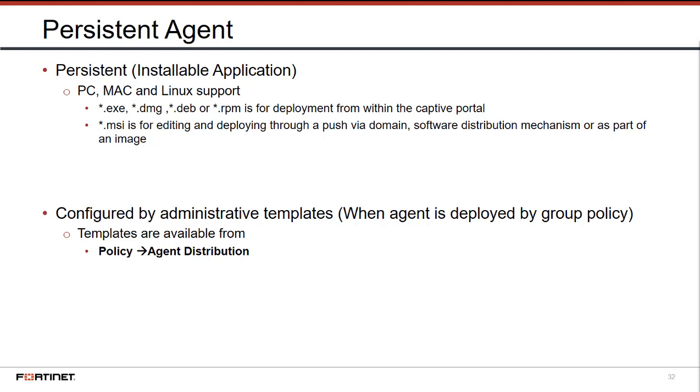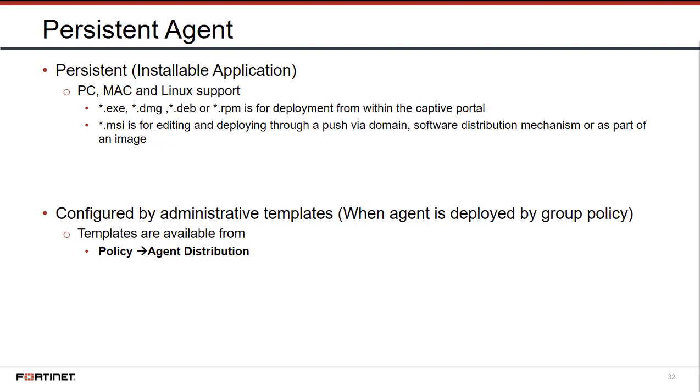Another type of agent is the persistent agent. So the persistent agent has many different flavors. We have executable, DMG, DEB, RPM, MSI. The one you use is going to depend upon your method of deployment. So most often, the persistent agent is going to be deployed as part of a group policy. It's going to be pushed out as part of a group policy. It's going to be made part of an image, or some other software management tool is going to push